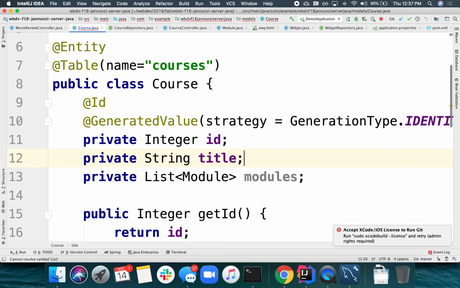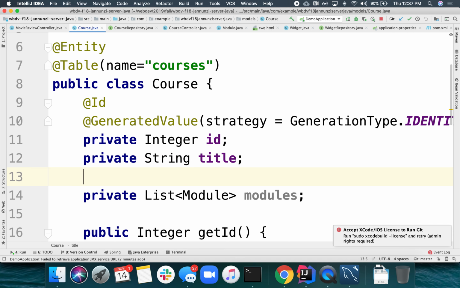All right. Now they know about each other, right? But right now only Java knows about it. The relational database doesn't know about it. So to establish that in the database, what we need to do is as follows. We need to say that this course is participating in a one-to-many relationship with modules, and modules is participating in an inverse relationship of a many-to-one, right? So if we draw that up,